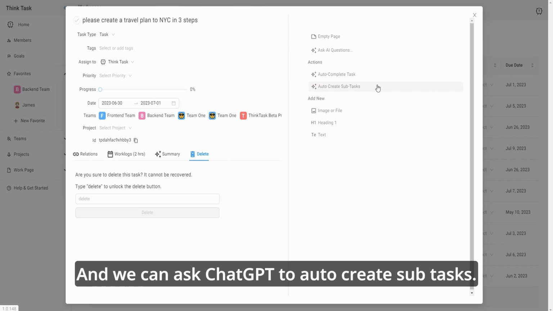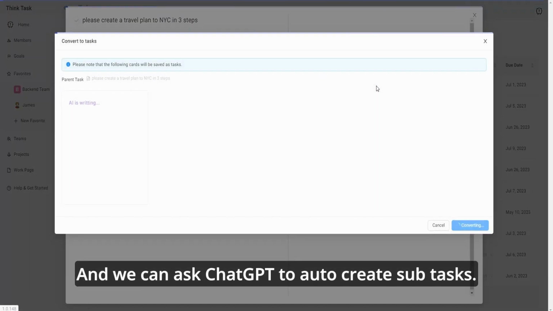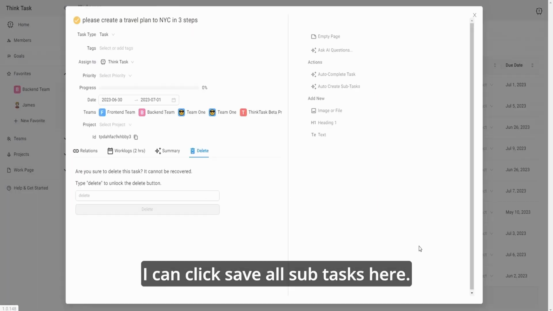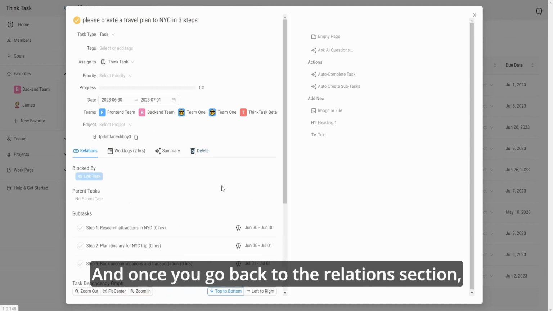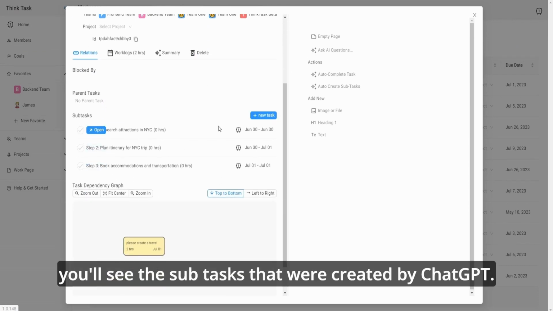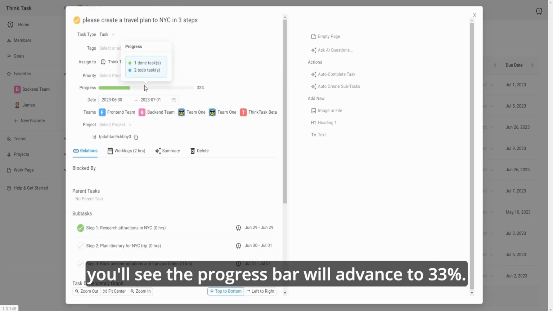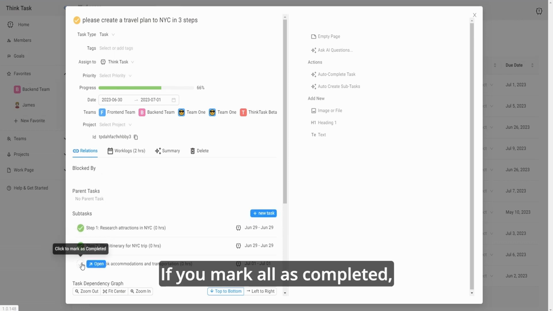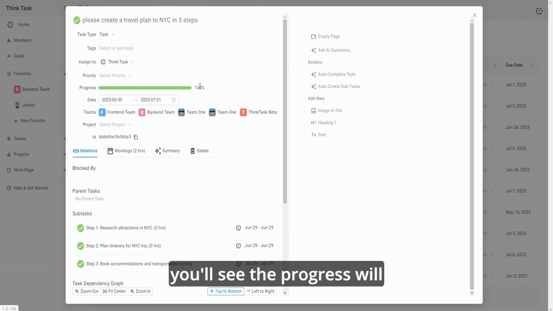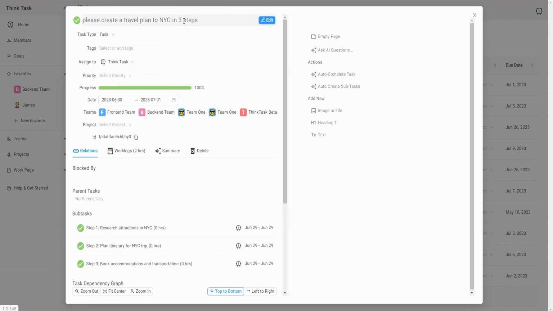And we can ask ChatGPT to auto-create subtasks. I can click Save All Subtasks here. And once you go back to the Relations section, you'll see the subtasks that were created by ChatGPT. And if you mark one of them completed, you'll see the progress bar will advance to 33%. If you mark all as completed, you'll see the progress will become 100% for the parent task and will be